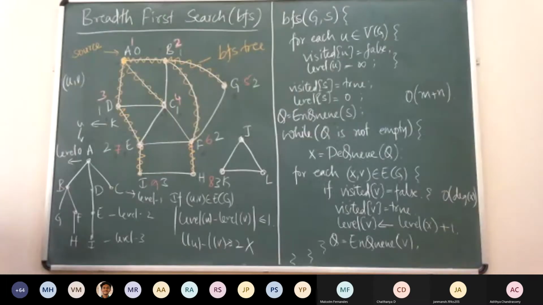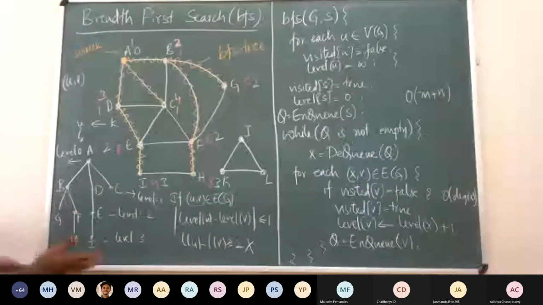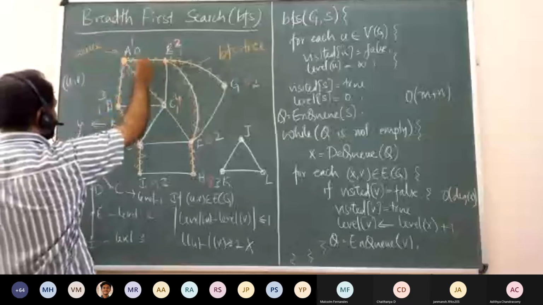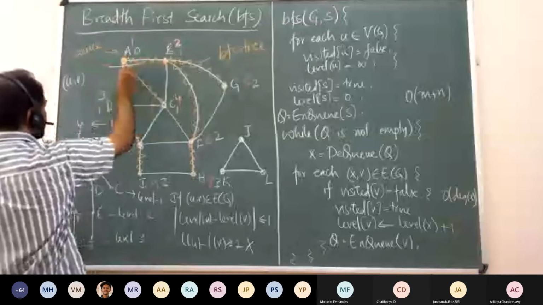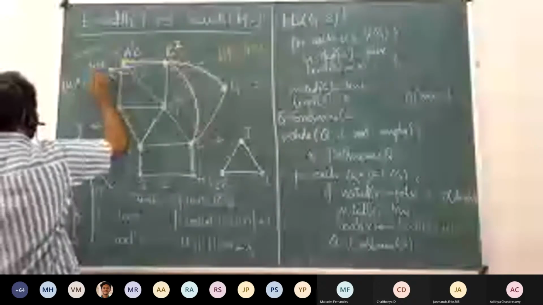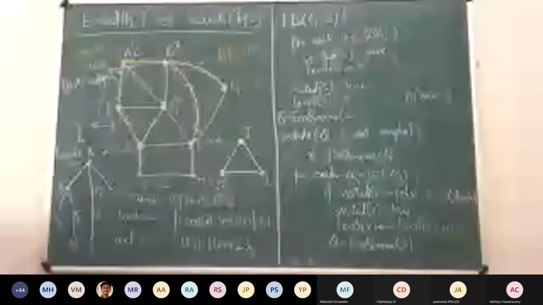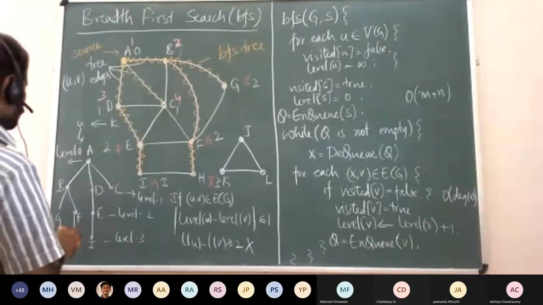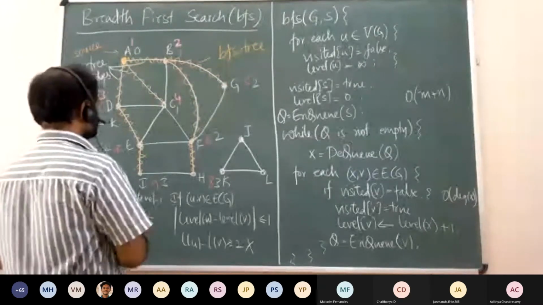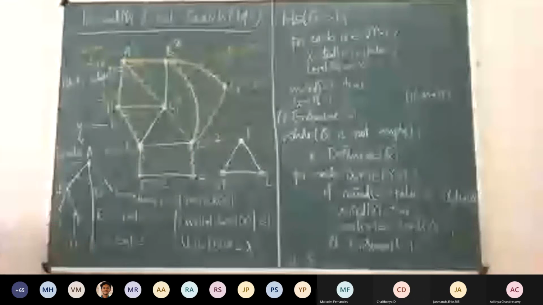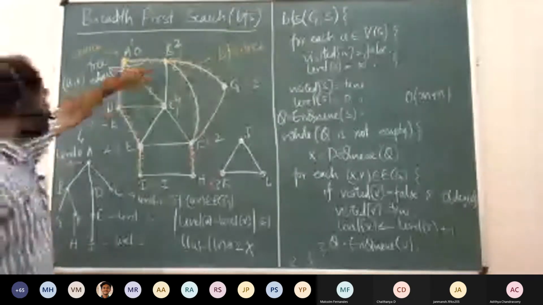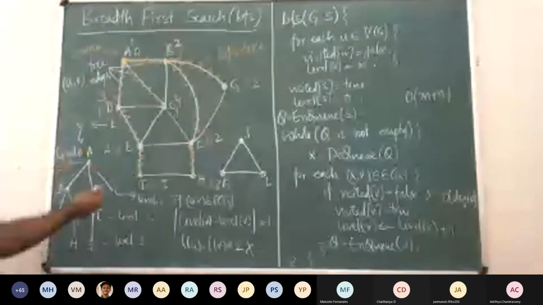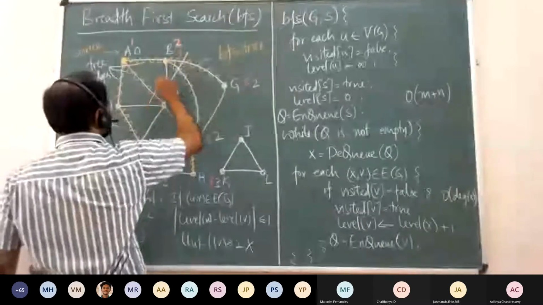Since the edges are this way, we will label these edges in a different manner. The edges that were responsible for discovery of a new vertex, we will call tree edges. We also want to name some edges which go between vertices in the same level, for example the edge between B and C and D and C. These are between vertices of the same level. We call these edges level edges.